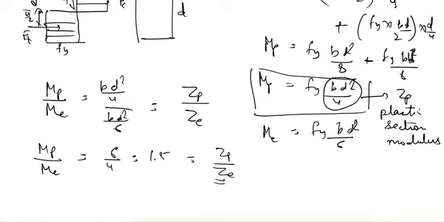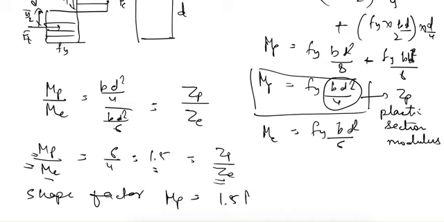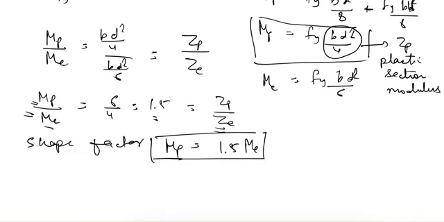This ratio of the moduli of the section is known as the shape factor, and this is also equal to the ratio of the moments, that is M plastic divided by M elastic. So it indicates how many times we get the plastic moment of the elastic moment, that is, for a rectangular section we get M plastic equal to 1.5 times M elastic. So we can find out what is the gain in moment carrying capacity if we are using plastic analysis.